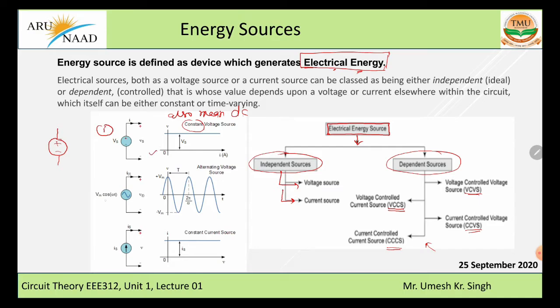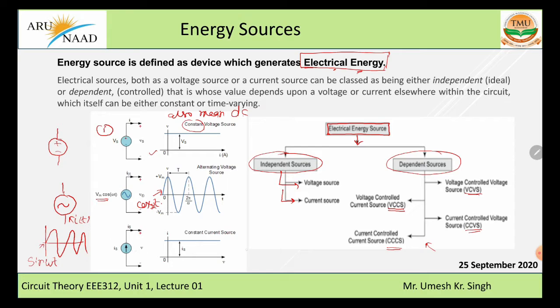But when we have this type of symbol inside a circle, it means that this source is an AC source. If the expression is written for Vt, then it is a voltage source, and if it is written as It, then it is a current source. So it may be voltage and current. For current also the graph will be the same. If it starts from 0, this will be sin omega t, and if it starts from this point, then it will be cos omega t. That is the only difference.